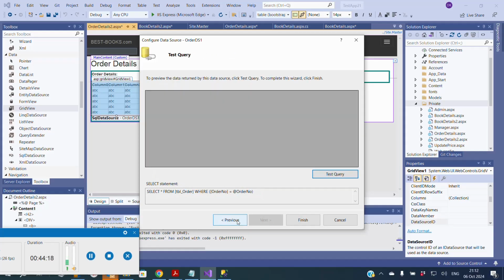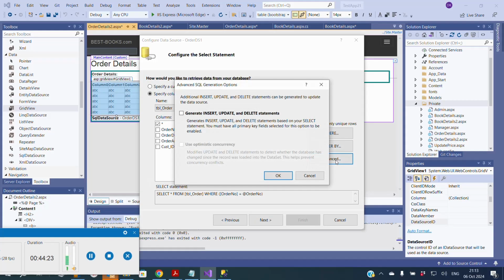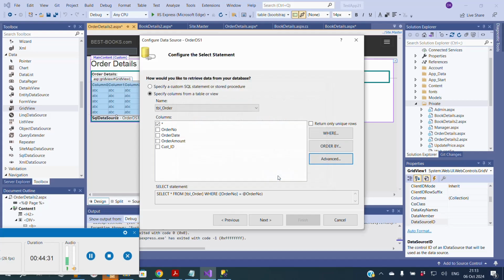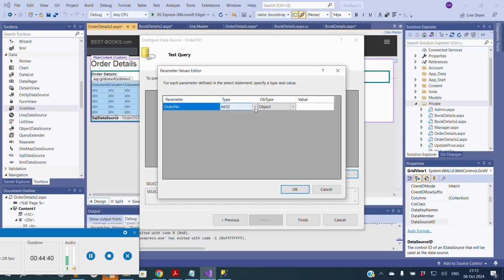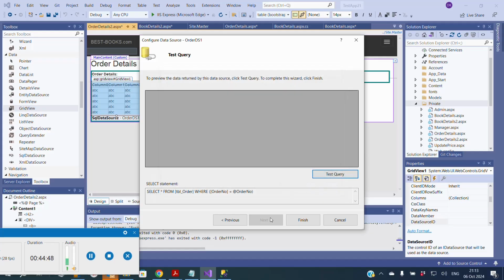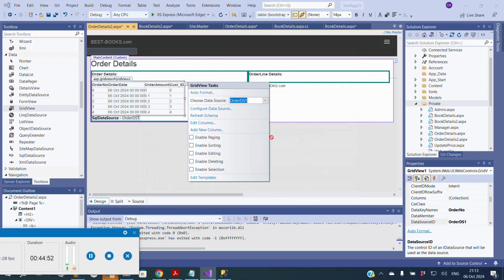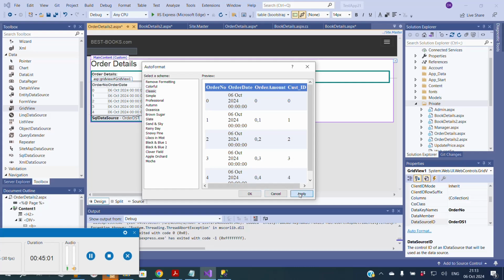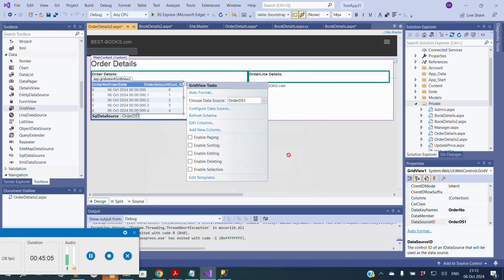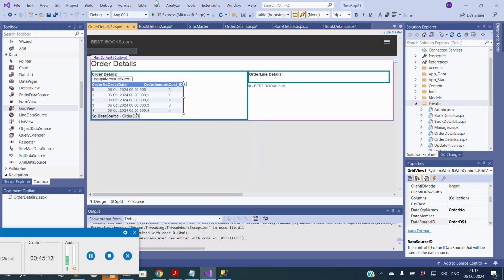and we'll click next. Of course, we can also specify generate insert, update, and delete statements. So we can also select that, click on next. When you're going to test the query, obviously we won't be able to see the output because this will be based on the selection that we have made. And click on finish. Again, we will apply auto format here, like classic, and we'll try and do other things also later on. So this is what we have, and when we will execute this,